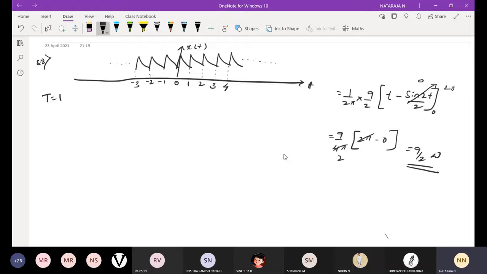Then what type of signal is it? X of t is equal to, this will be a discharging signal. The relation is exponential e power minus t, limits from 0 to 1. It will be a discharging signal. We are going to take it as e power minus t. If it is a charging signal, it will be e power t. This is your x of t. Now use the relation P is equal to 1 over T integral from 0 to T magnitude of x of t whole square into dt. Substitute T is equal to 1, x of t is equal to e power minus t. Then find the solution.